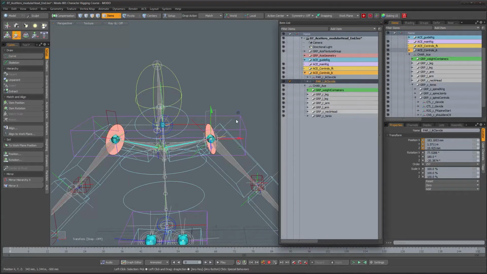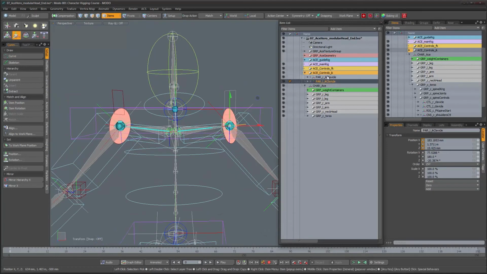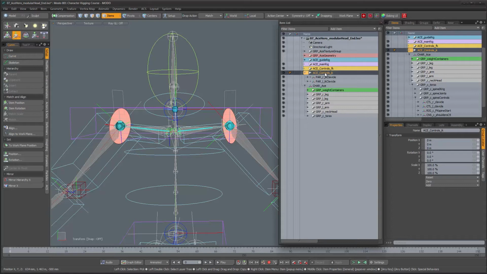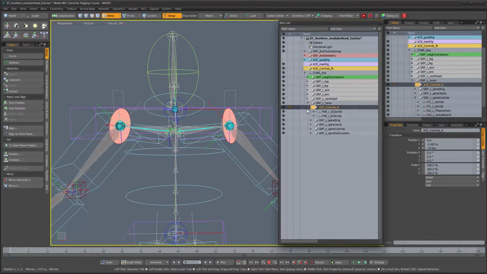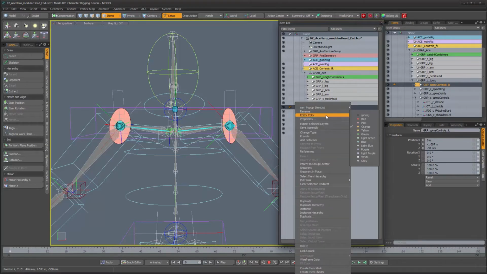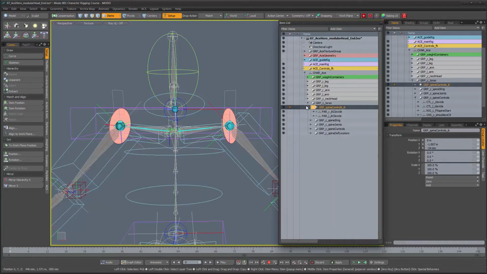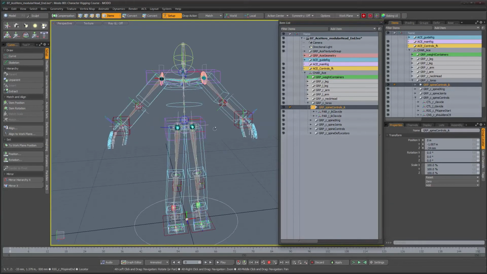Parent IK clavicle. We definitely don't want these guys just lying around in there. So I'm actually going to get the entire folder, and I'm going to move it under the torso group. There you go. And let's rename this. It's not ace anymore, it's just a group, and we're going to call it spine controls IK, and let's just remove the color. Well, it's not working on my files anymore, but